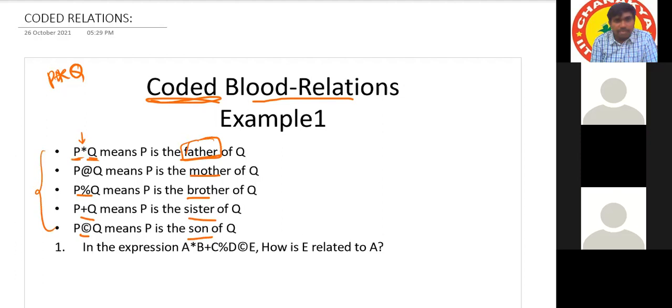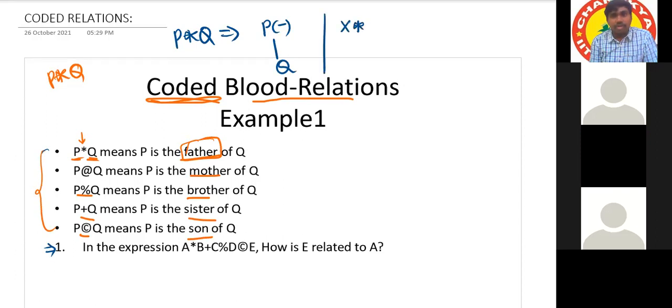In the first statement, P star Q means P is the father of Q. Anywhere P star Q is there, your diagram should be like this. Okay, we didn't go to the question yet, we are just seeing the data. So P star Q means this one. Suppose anywhere X star Y is given, how do we take this? X is the father of Y. Yes, X is the father of Y. Suppose 1 star 2 is given, then